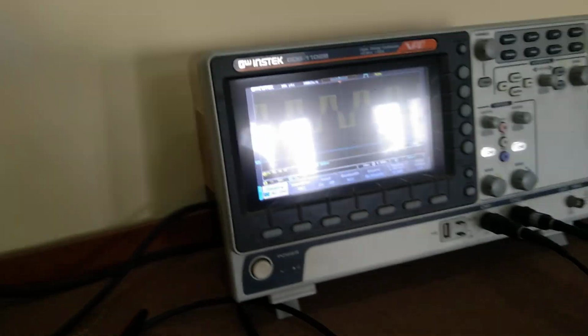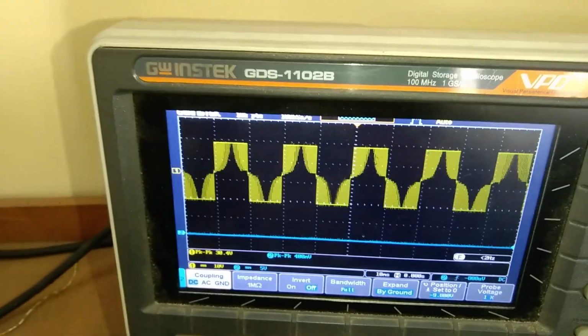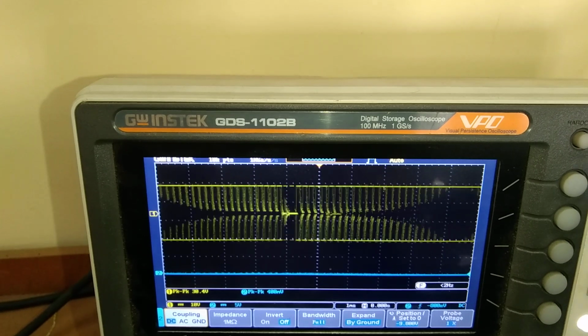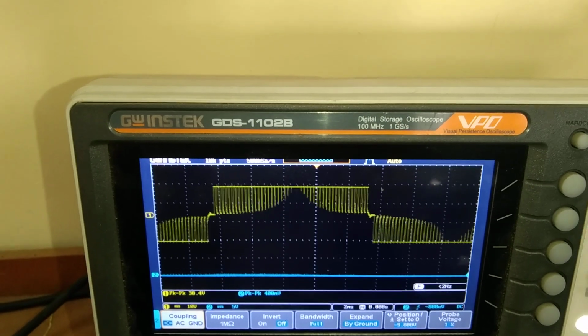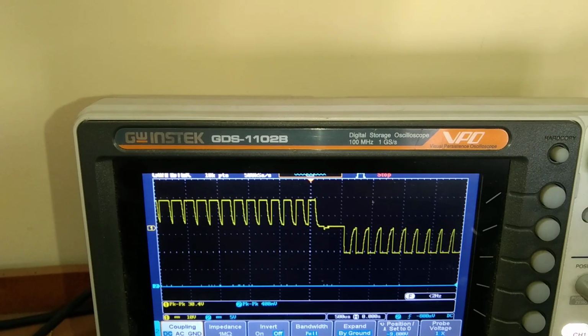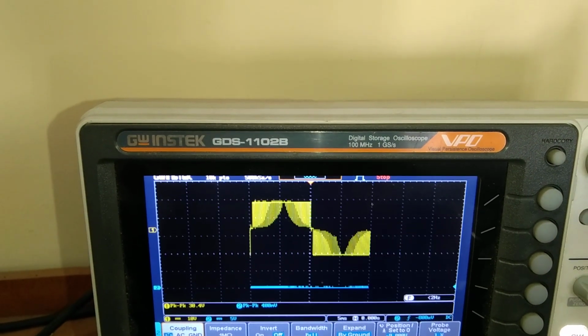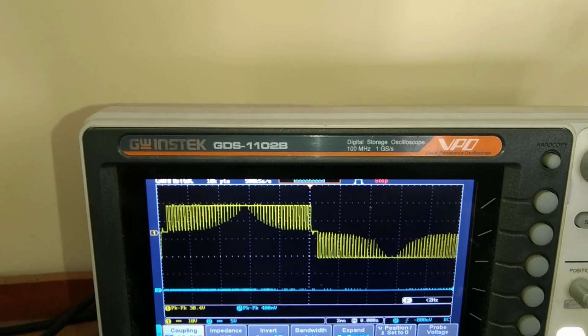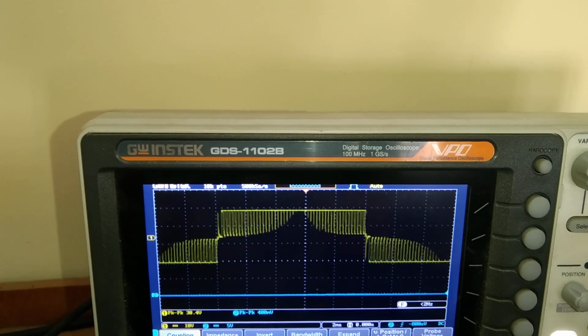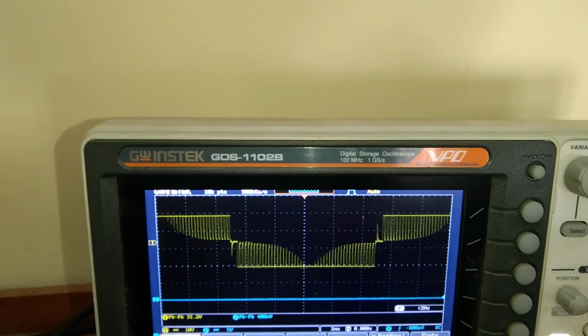This panel output. SPC inverter. SPWM. Okay. Number is